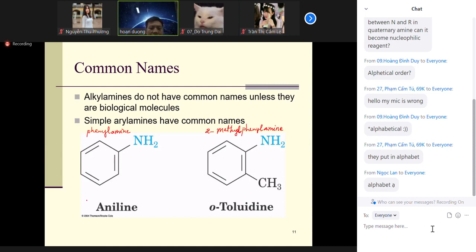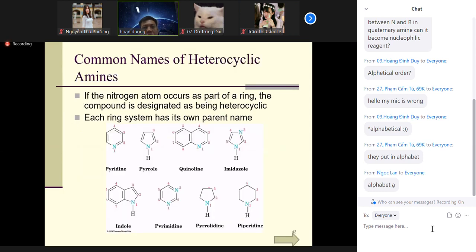And here's a very favorite name, aniline, okay? And here's o-toluidine. So we can say o-toluidine to understand this structure. Then you have a meta-toluidine, and you have a para-toluidine, okay? And you have all kinds of these compounds. We should move this one to here, or you move this guy to here, okay? They should move the substituent on this. Okay, we have more common names.